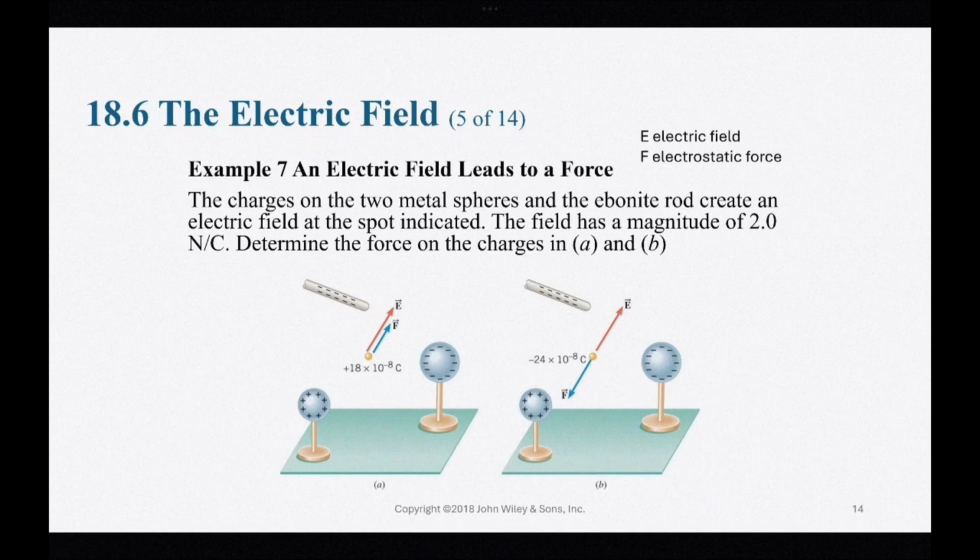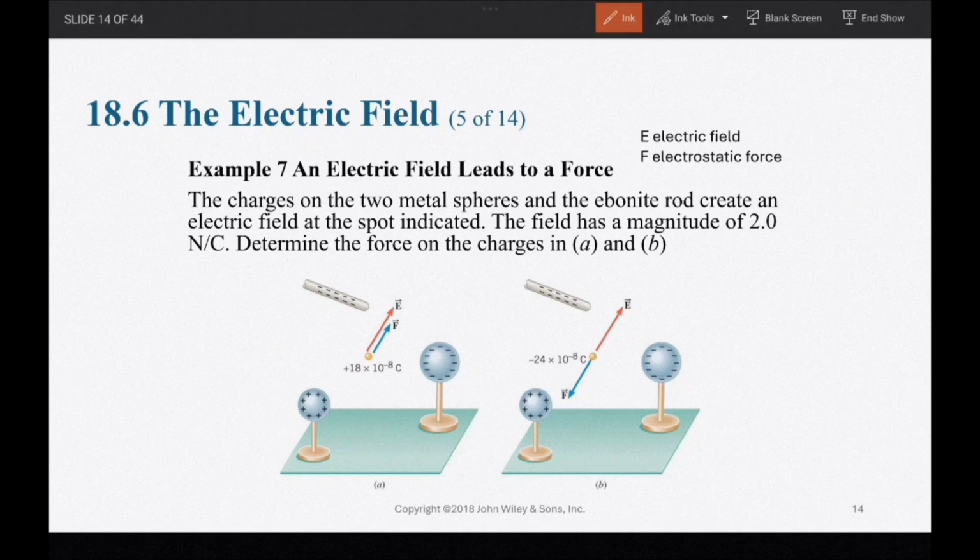Okay, now the field has a magnitude of 2 Newton per coulomb, and we need to determine the force on the charges in A and B. So, again, the formula that we're going to use here is E is equal to F over test charge. Now, we have a magnitude here, which is the Newton per coulomb, and we need to determine the force. Therefore, we'll be